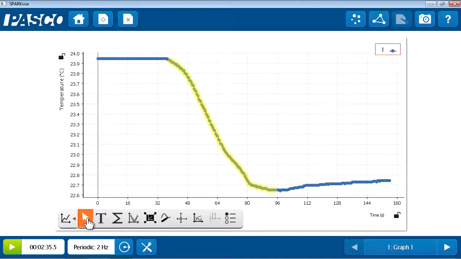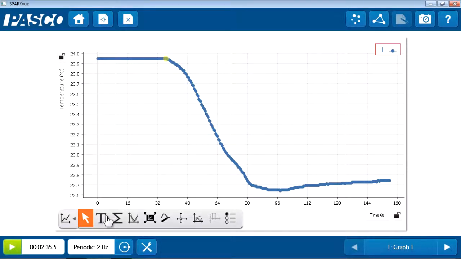I'm going to turn off both statistics and my selection and make one final selection, this time of a single data point. I'd like to select and annotate this data point to indicate when I added the antacid tablet. So I'll once again choose the selection arrow and click somewhere near the data point that I'd like to annotate. I can use the left and right arrows here to fine-tune my selection, and once I'm happy with it, I'll choose Done. The selected point is highlighted here in yellow,